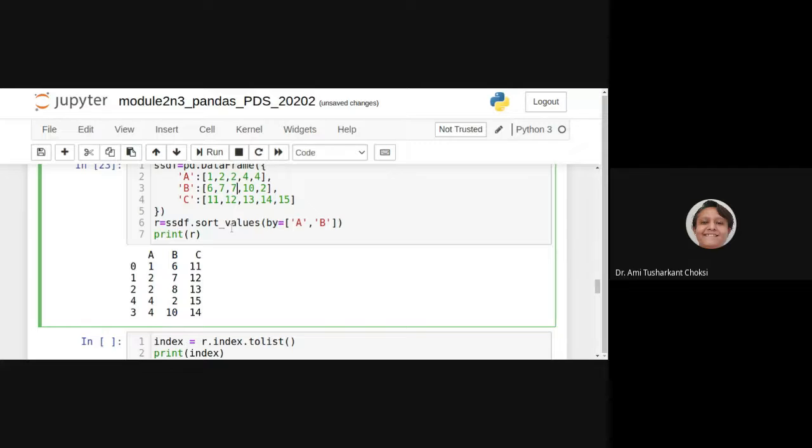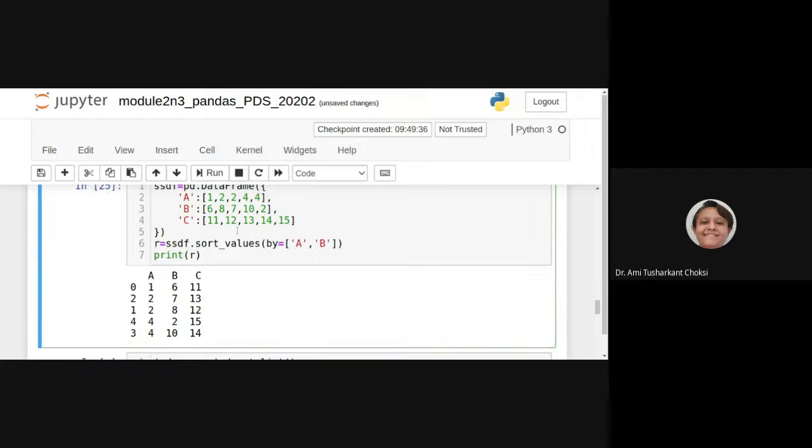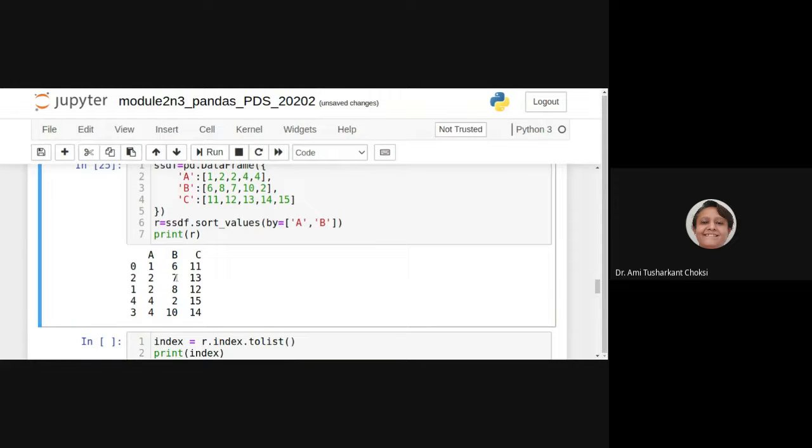Let me show you that. Oh, I have put it 7. Okay, so let us say it is 8 and then 7. We can see that 7 and 8 are sorted, right? 2, 2 is the same, so we do not have to do anything for that, but it will go to the second column and we'll be able to see it as 7 and 8.